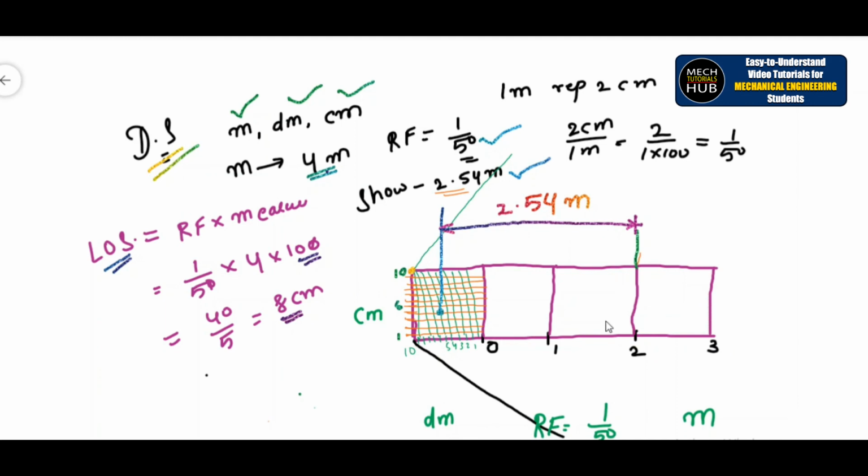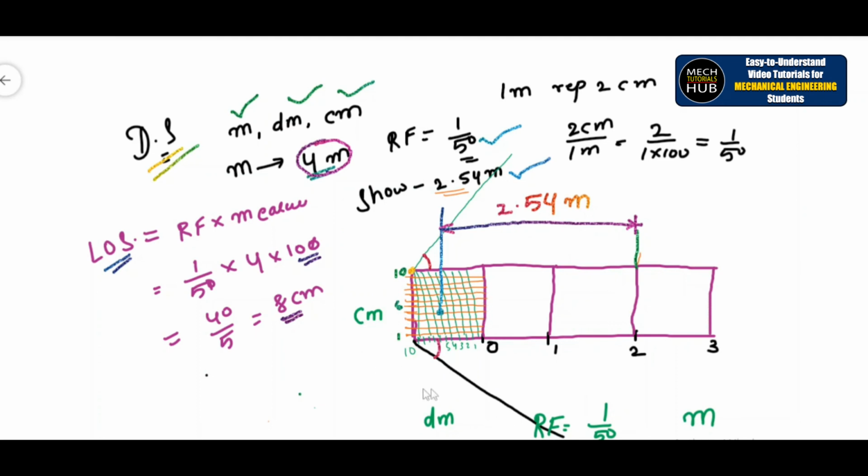Why only 4 parts? Why not 5 parts? Here the measure up to distance given is 4 meters, so we are dividing that into 4 parts. After dividing that into 4 parts, you can divide directly, or else it is better to go with some acute angle. Divide this line into a number of segments. Dividing a line into a number of parts, that is the concept. In a similar fashion, here also we consider some acute angle, divide this into a number of segments, and trace all the points onto this horizontal, then onto this horizontal, then try to draw the diagonal lines.